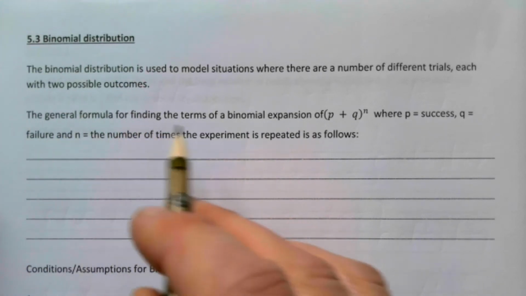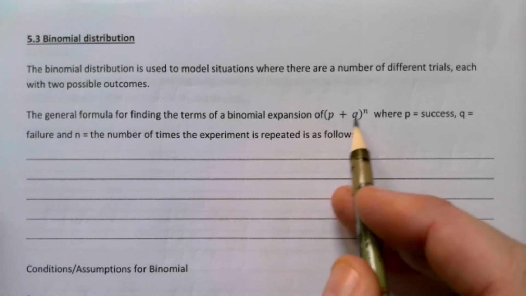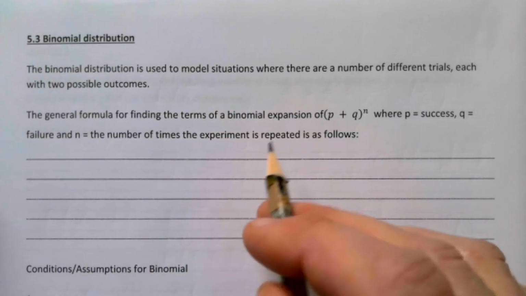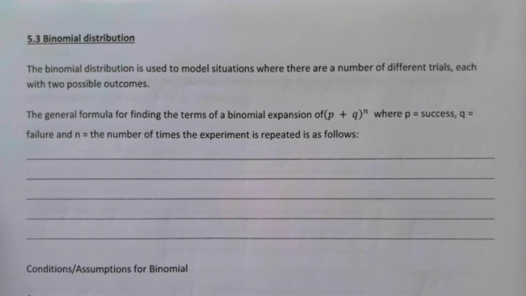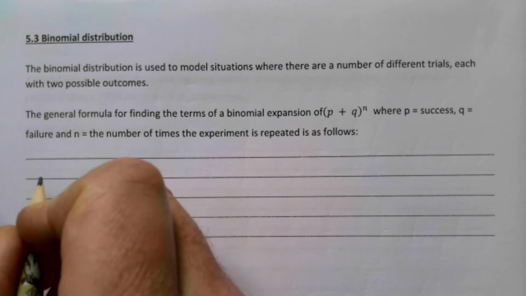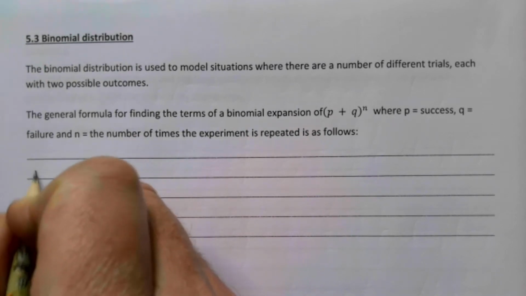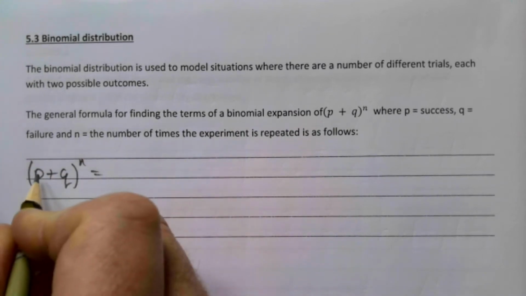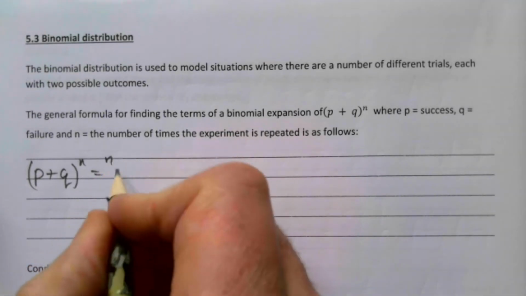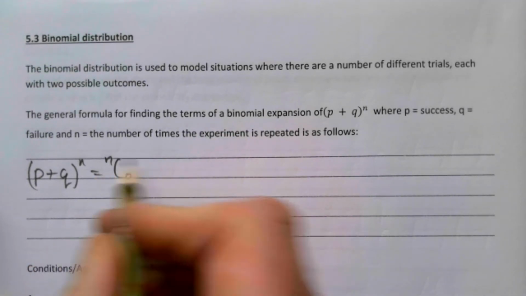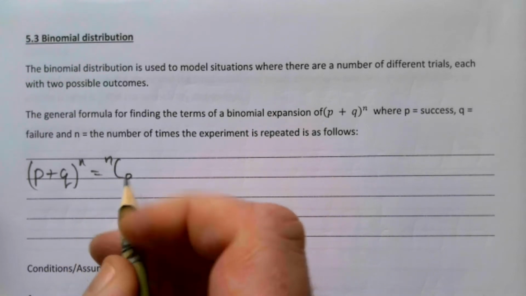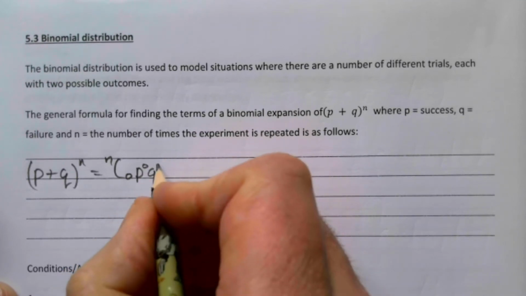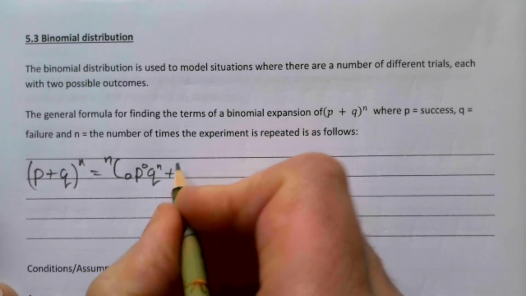The general formula for finding the terms of a binomial expansion of (p + q) to the power of n, where p is success and q is failure and n is the number of times the experiment is repeated, is as follows. So we would have (p + q)^n, and remember we start with p to the power of 0, so it's nC0. Remember, probably a couple of videos ago we did one with 4, so we had 4C0 to start with, but the general one is n, and that would be p^0 q^n plus